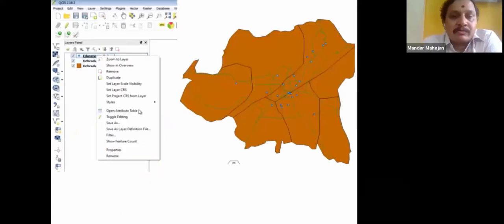So we go for a very simple tutorial using QGIS. In this QGIS, suppose there is an area, and you can see this is the boundary of the area, some lines, the road network, and some spots. These are some of the locations. QGIS helps us in preparing the different layers. So there is this particular space which is the layer. This is what we call overlaying of the different data.